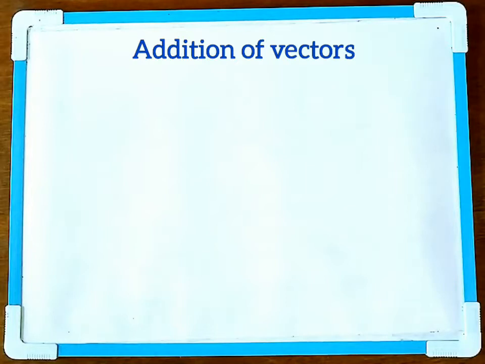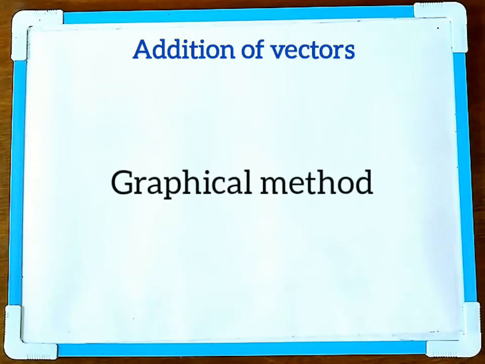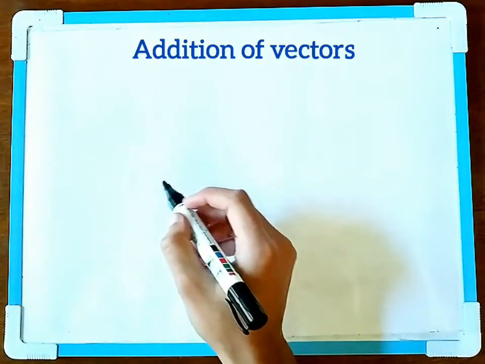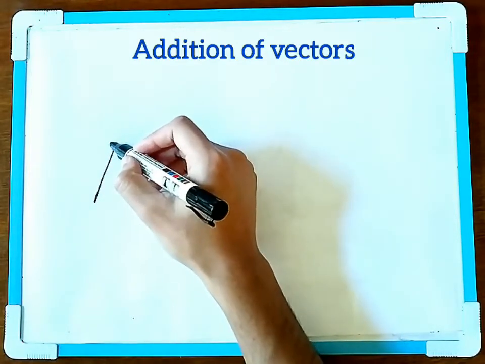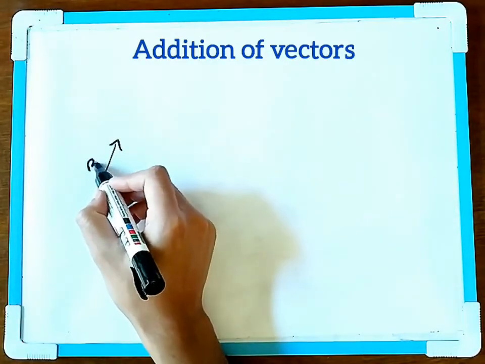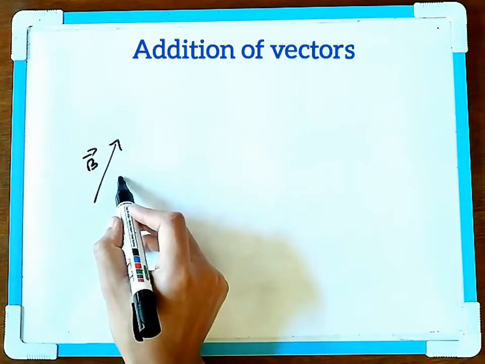So now we learn how to add or subtract any two vectors. First, I'll give you the graphical method of adding or subtracting any two vectors. Then I'll tell you about the law of vector addition. So first, suppose we have two vectors. Say one is in this direction. Suppose this is your vector B, and another is in this direction,